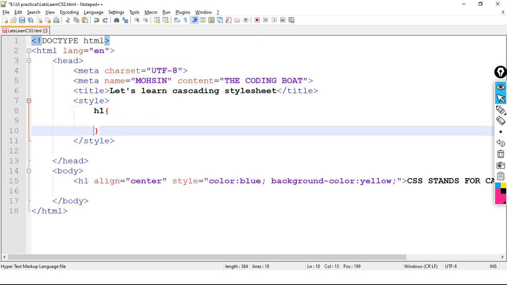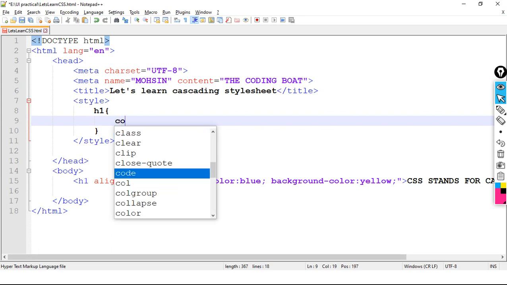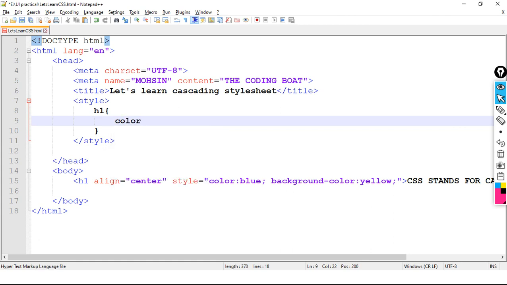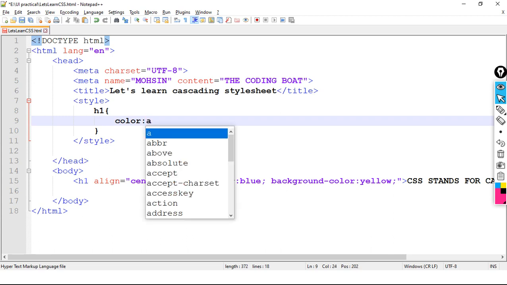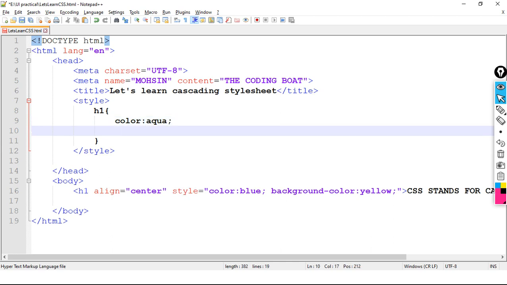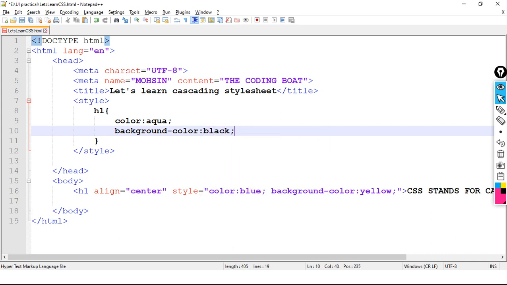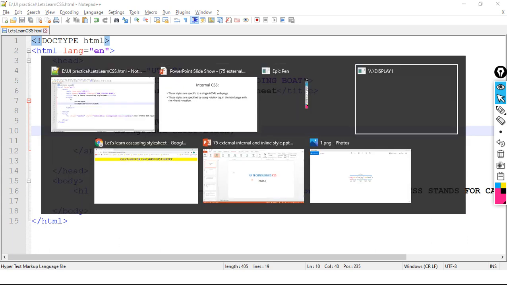Inside the curly braces, I am using a property of CSS. I am giving color aqua, semicolon, then background color black, semicolon. Let's save the code and refresh.